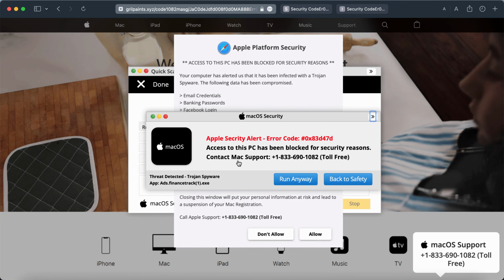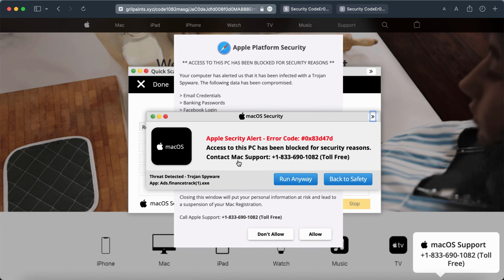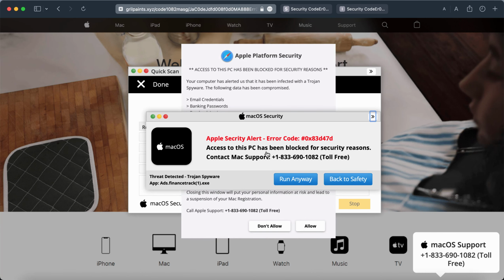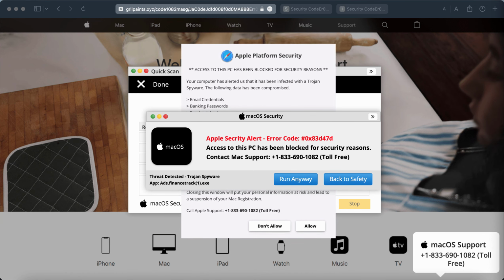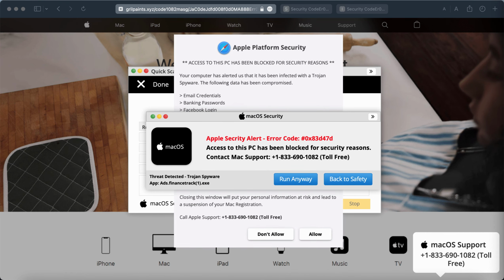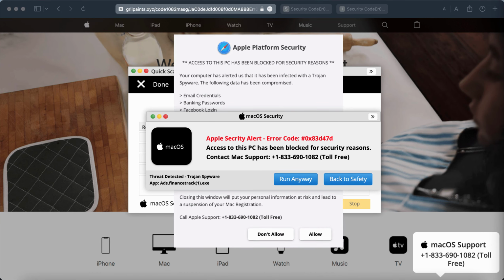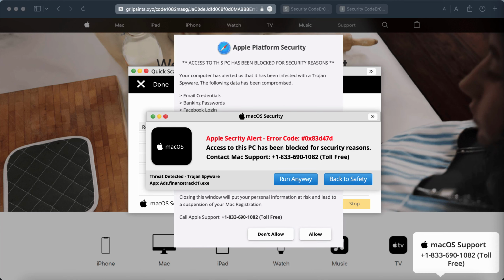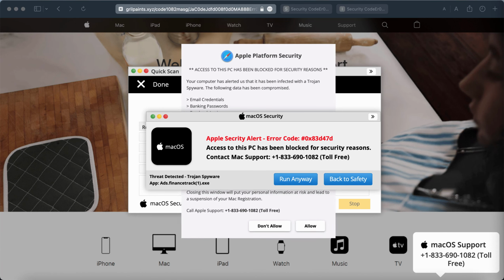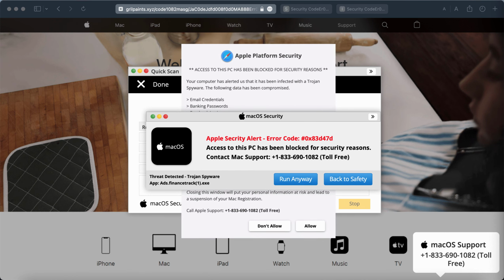There are some online hackers who stand behind these pop-ups and they try to force you into calling this fake telephone number. If you do that, your personal data may be compromised. Some hackers may try to connect to your computer remotely, and then they may try to actually infect your system